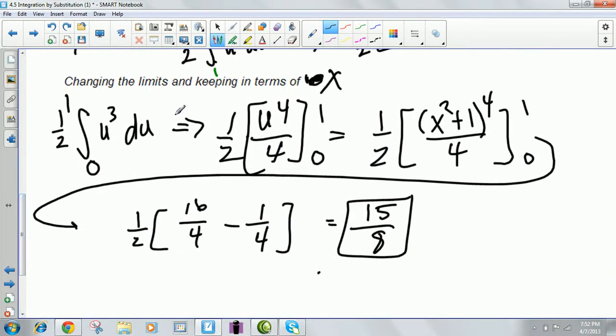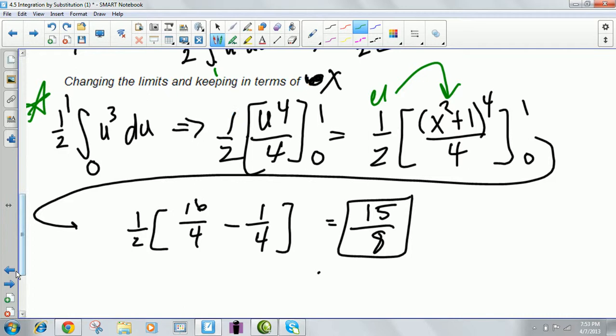Students most of the time, I'm finding, like this method where you plug the u function back in there and just keep your limits the same. That's what I'm finding, but whatever you want, we can do. You have to be familiar with both ways because they're going to ask you questions on those. Okay,